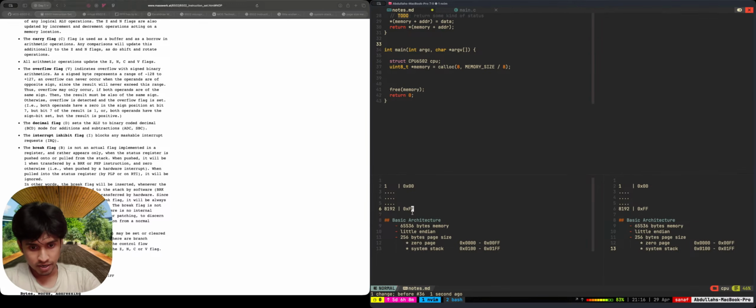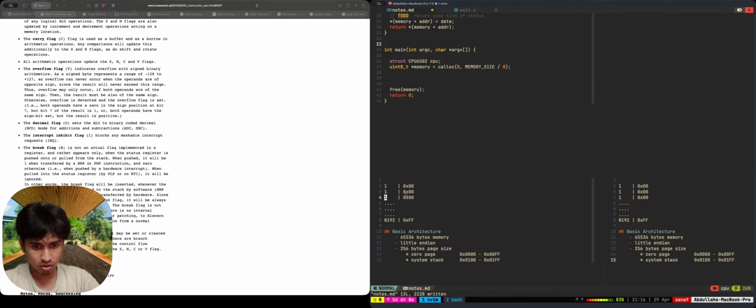This is the last byte. And this is our array basically, starting from 1, 2, 3. Right now everything is 0 because calloc zeroed out the memory size. And if we print